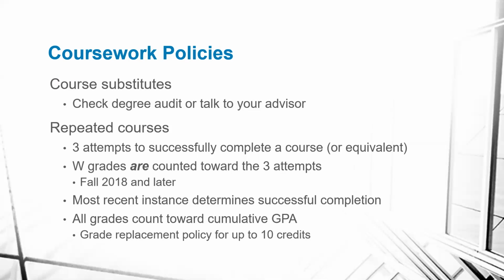I also want to clarify how repeated courses count toward GPA and graduation requirements. The most recent instance of a course is the one that determines if you have successfully completed it. This often comes up with AP credit. So for example, if you have AP credit for Calculus 1 but then choose to retake Calculus 1 at CU Boulder, your grade in the CU Boulder course determines whether you passed it or not. If you don't pass, you can't then decide to fall back on your previous AP credit, and you would have to retake Calculus 1 again.